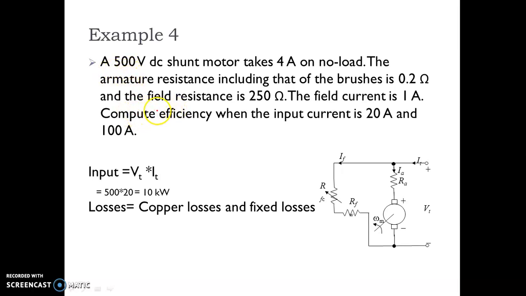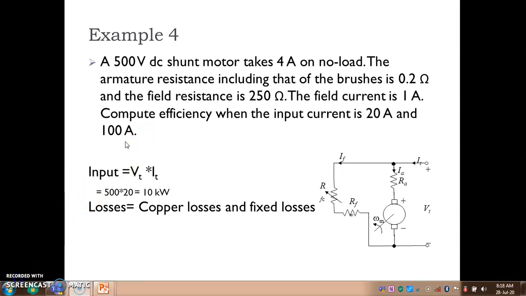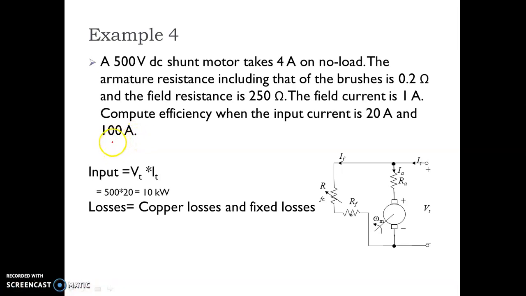In the previous lecture, I have discussed what efficiency is and how it is calculated. I will also give the link. You can go there and find how efficiency is defined. If you have not seen that lecture, you need to go through it first, then you will be able to solve this problem. You need to go through that video before you